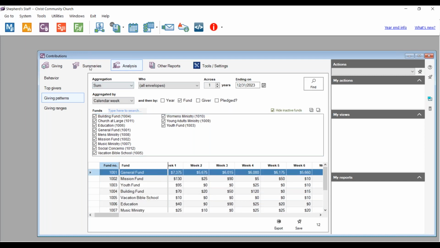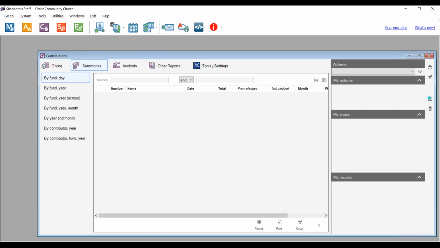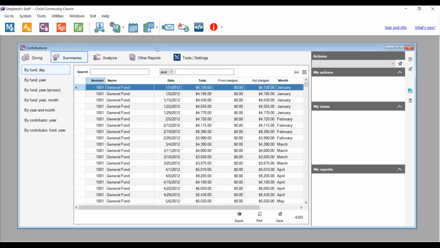Then after that, we have the fund summaries report. In 8.9, it's a bit different how you get it compared to the prior version. The best way to get the fund summary report is to go to summaries and then choose by fund day. Once here, you'll want to type in the date range you're looking for. So for example, we're looking for this year, so we're going to type in 1